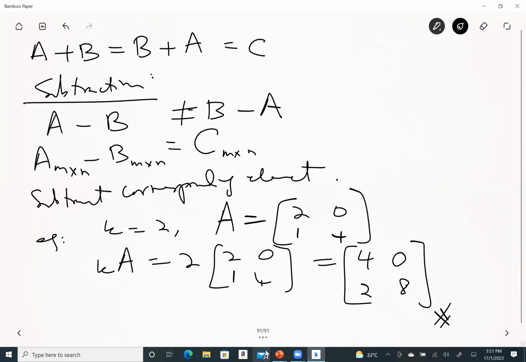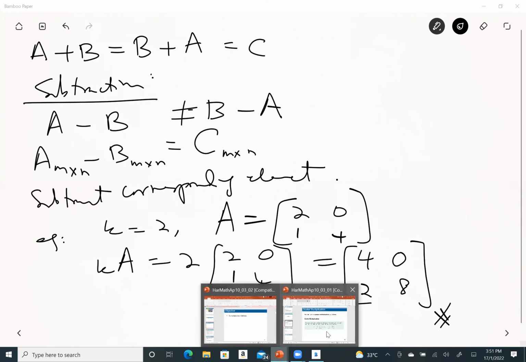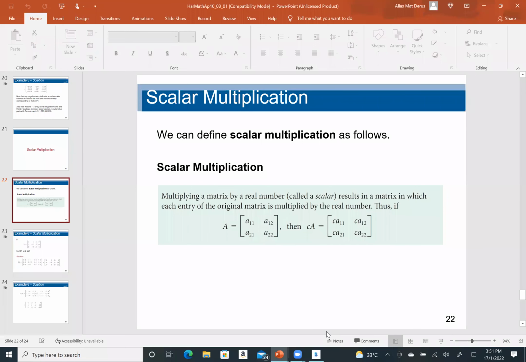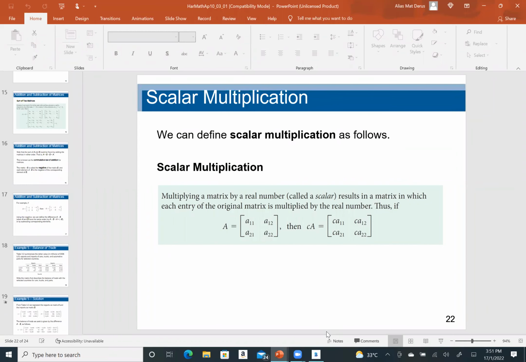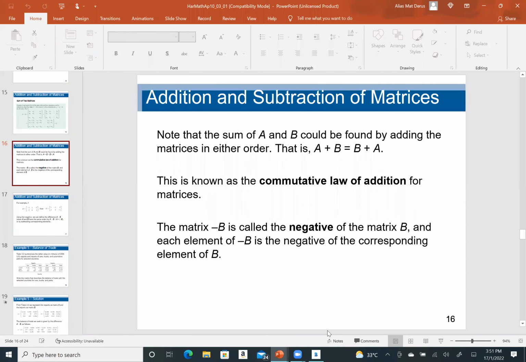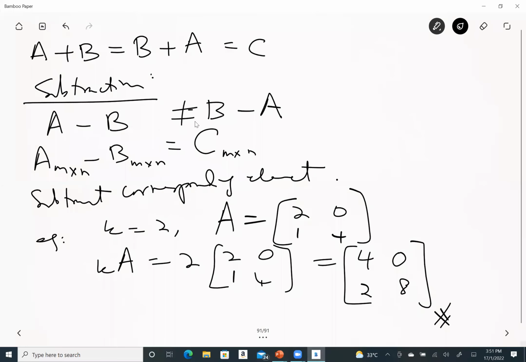So we can use this concept to go back to the addition and subtraction of matrices. So what you do, I have mentioned earlier, A minus B is not equal to B minus A. Okay, so what you do here, you make it into addition. So A minus B equal to